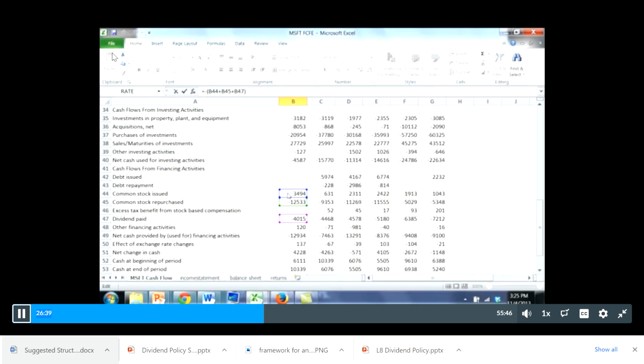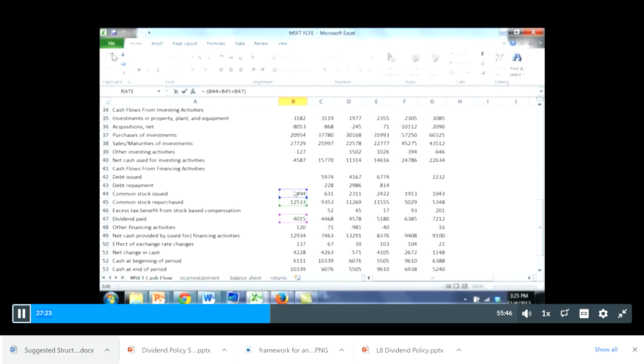One thing you may find odd here, and I know I certainly did before I sat back and thought about it, was, this firm is in the same year issuing stock and repurchasing stock. That seems a little crazy, doesn't it? But what's actually going on here is Microsoft, of course, like many tech companies and growth firms, has an employee stock ownership program, and they do options to managers and stuff like that. So every year they issue a little bit of stock, and that's just to fund those programs.